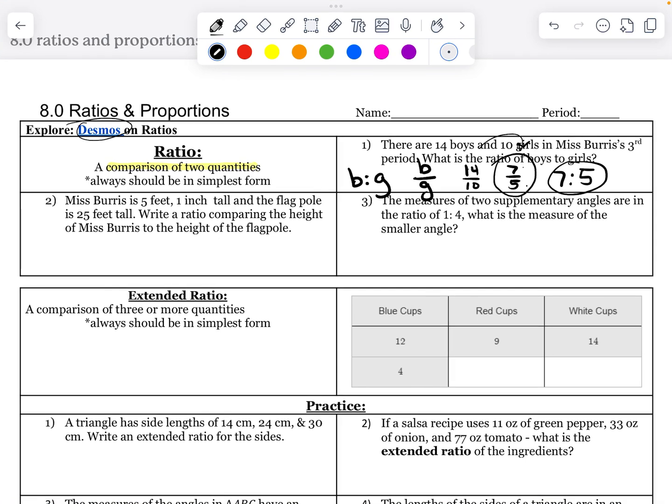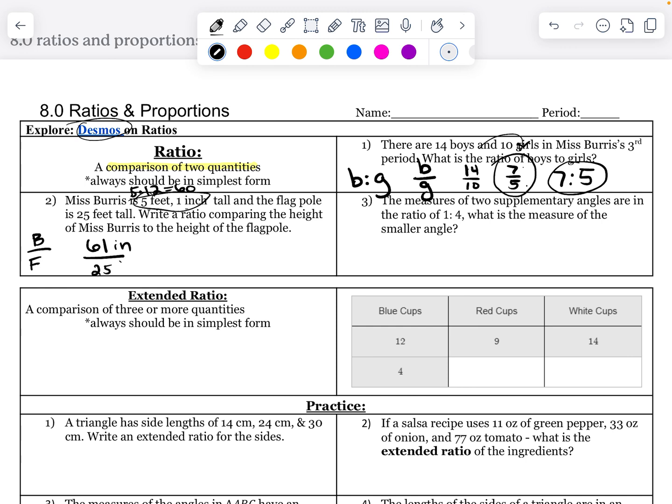All right, Miss Burris is 5 feet 1 inch tall, and the flagpole is 25. Write a ratio comparing the height of Burris to the height of the flagpole. So we need to go Burris over flagpole, okay? It's really hard to write a ratio in two different units. We want it all to be the same unit, at least on the top and the bottom. So 5 feet 1 inch is going to be 5 times 12, because there's 12 inches in a foot, 60 inches plus 1 more inch. She's 61 inches tall